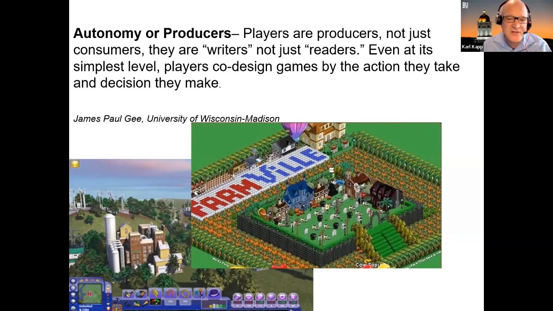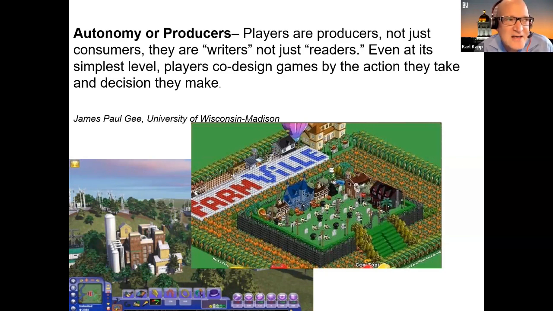And so Farmville is an interesting example because basically the game was you would grow some food and you would harvest the food, and then you would try to harvest as many crops as you wanted to. And it turns out some people started actually with their own autonomy planting words, planting messages with certain types of vegetables, right? So they would have a white crop, or a green crop, and then they would plant corn and they would water the corn and everything so it grew faster, and then the corn was yellow and they'd have a message in the yellow corn.